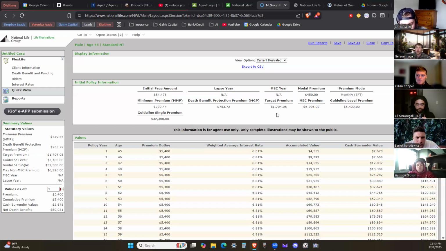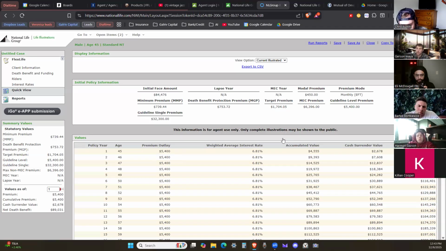You can underfund it, you can overfund it. He can decide to start putting in 300. He can decide to start putting in 200. But I'm showing them the premium outlay, the planned premium. What we want to be putting in is 450 a month. I'm going to assume nothing's going to change from that. But if they want to put more money in, they absolutely can do that, and it's super easy to do in the mobile app of NLG.